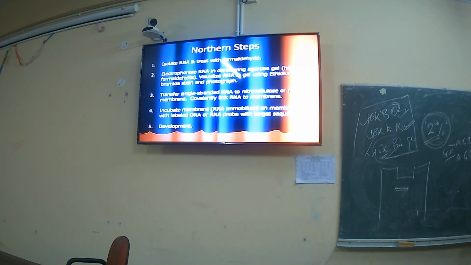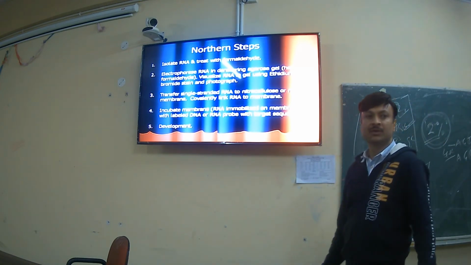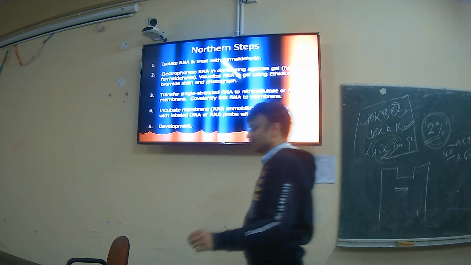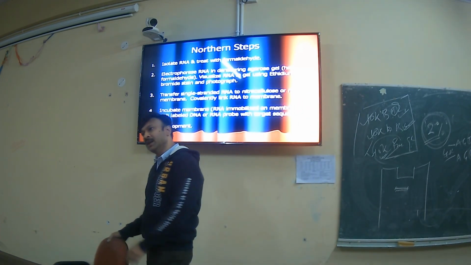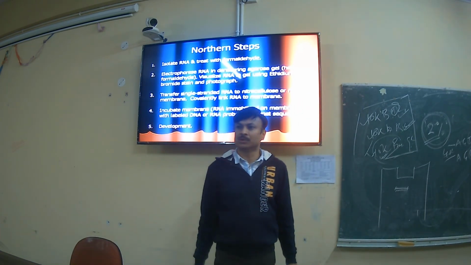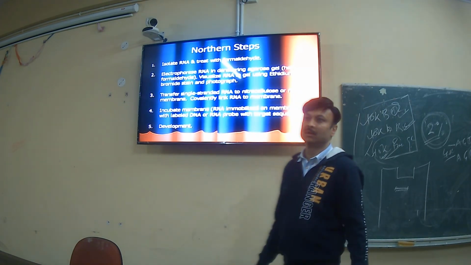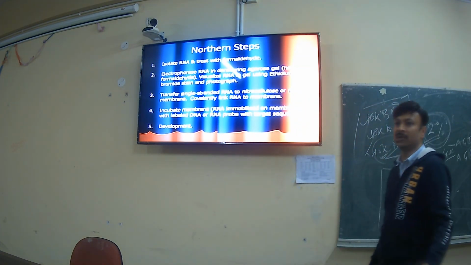And the fourth thing is that it is used to probe with the help of the RNA probe, or it can be a DNA probe, a cDNA probe. Okay. So if it is an RNA probe, then you go through a radiolabel. If you want to prepare an RNA probe, you radiolabel this probe with the help of the same 32 phosphorus radioisotope, or there is something else. The RNA probe will be radiolabeled with